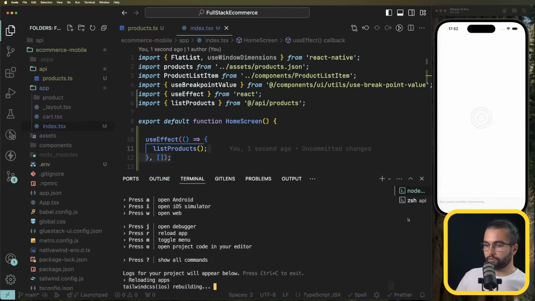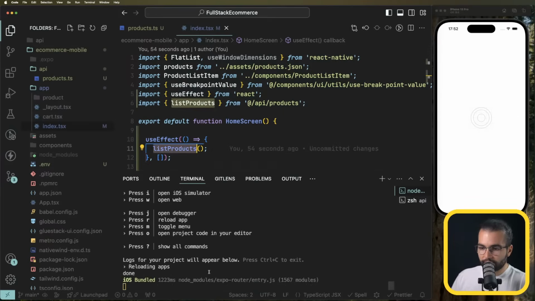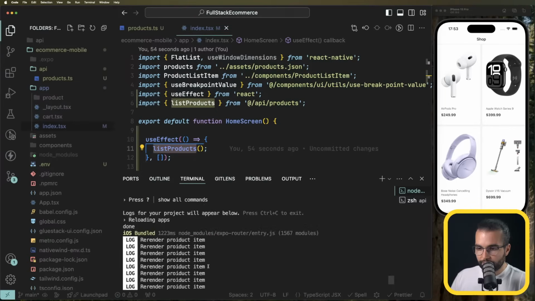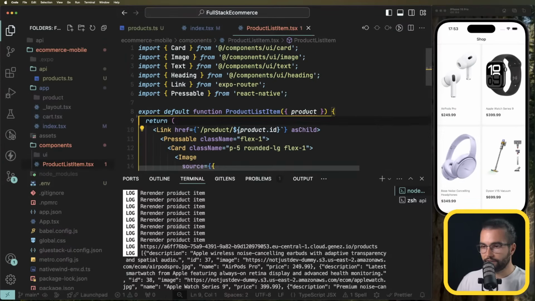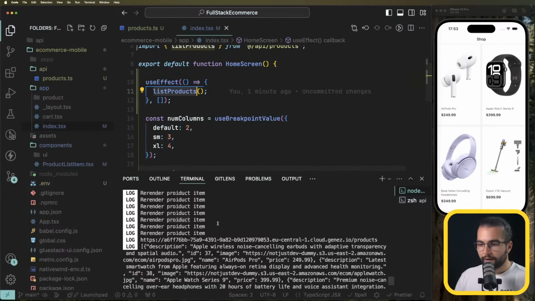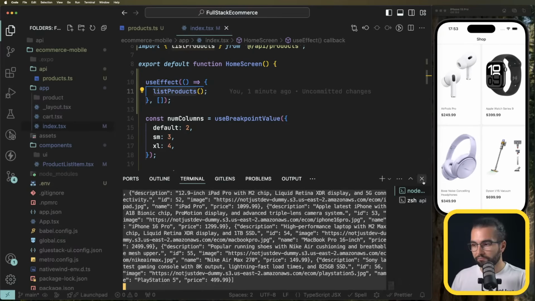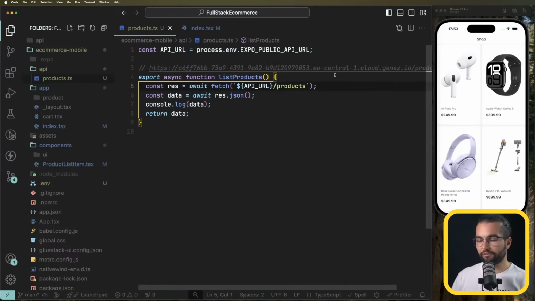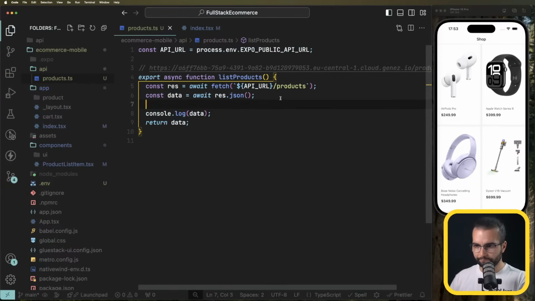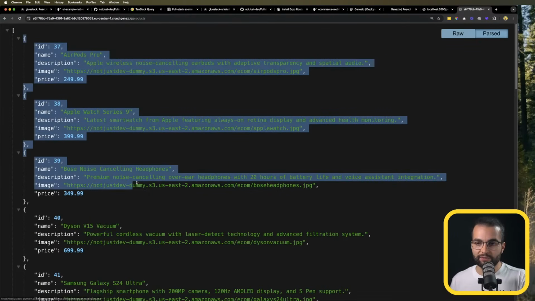Now we should be able to reload to trigger this listProducts function. I'm going to comment out this render product item from components. Here I don't need it anymore. But it shows me the URL that it's fetching and actually the data that we need. So everything works fine so far. We are sending the right request. I'm going to remove the console log again. We're fetching the products, and the data that you see here in the browser is the data that we get